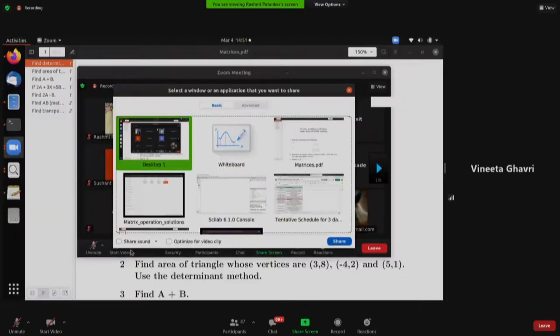Hello. I think now the practice problem and the matrices tutorial both are over. So Rashmi, our team member, will be showing one demonstration of matrices, one example which she has taken from the CBSE textbook. Since we have some school teachers, you might pay attention to this and see if a CBSE textbook example can also be coded easily in Scilab. So, Rashmi, can you go ahead and show that example?